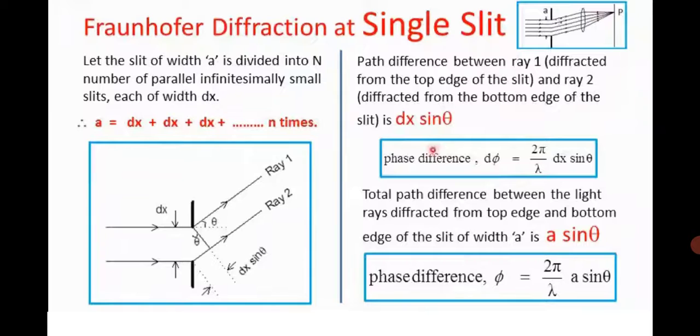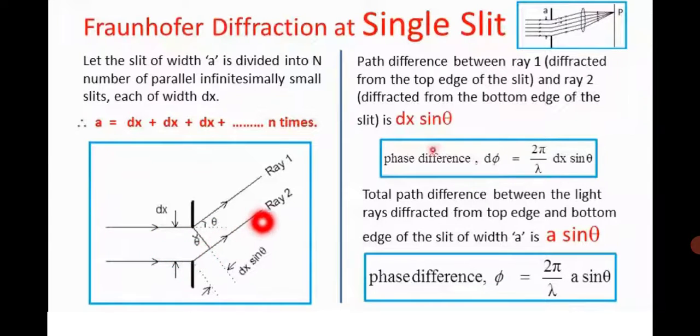Now, the main slit is divided into n number of small slits, dx plus dx, n times. If we consider two rays, the first ray is diffracted here as ray 1 and the other as ray 2. Both input rays are parallel, so after diffraction we get parallel rays, and both are in the same theta direction. The path difference between the first ray, diffracted at an angle theta, and the second ray, also diffracted at an angle theta,